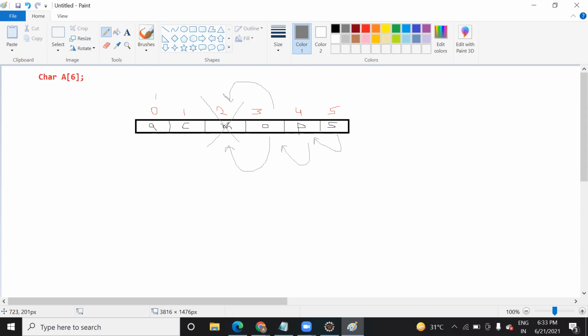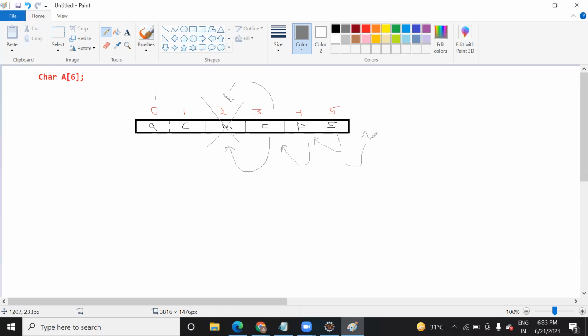But how it works, when you delete an element, it must replace this or take this element one step ahead. Or if you want to insert an element, okay, so in a collection, the element is inserted at the end itself. In a collection, when you want to add an element, it is going to append at the end itself.